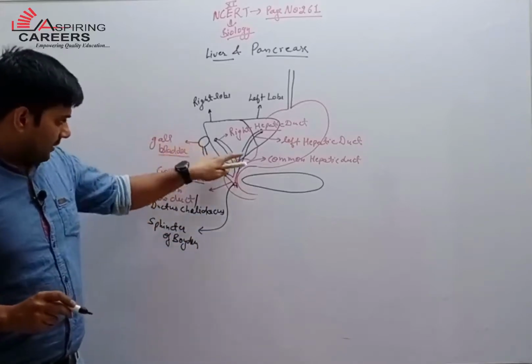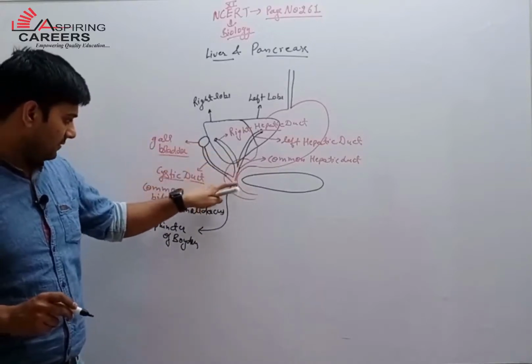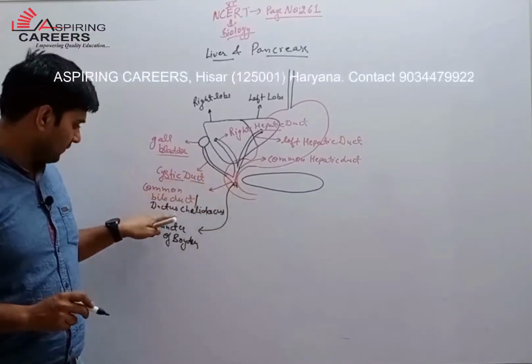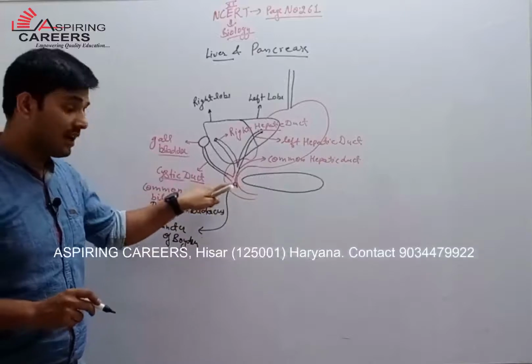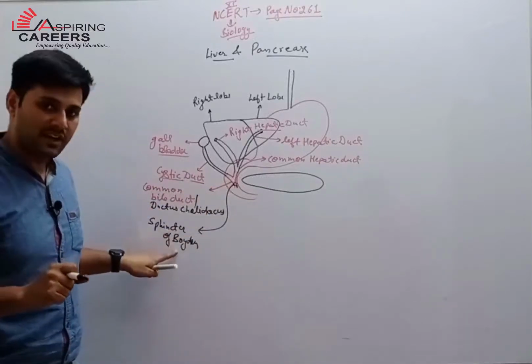Now, the cystic duct combines with the common hepatic duct, and this junction is known as the common bile duct or ductus choledochus. Ductus choledochus is guarded by the sphincter of Boyden. Now,